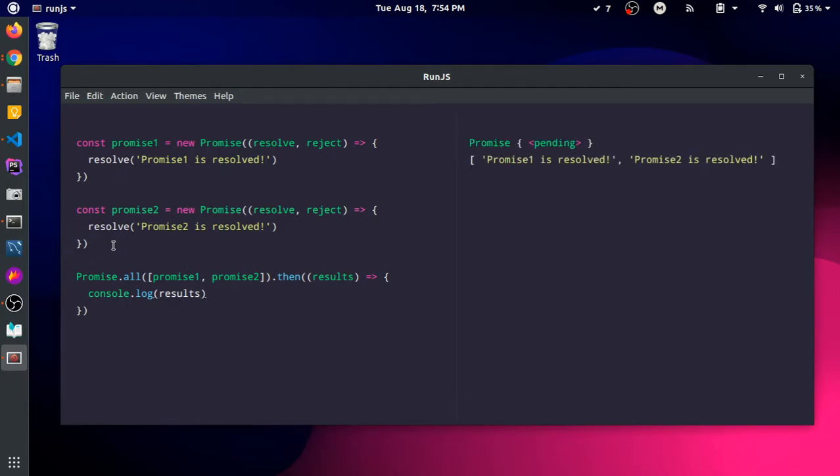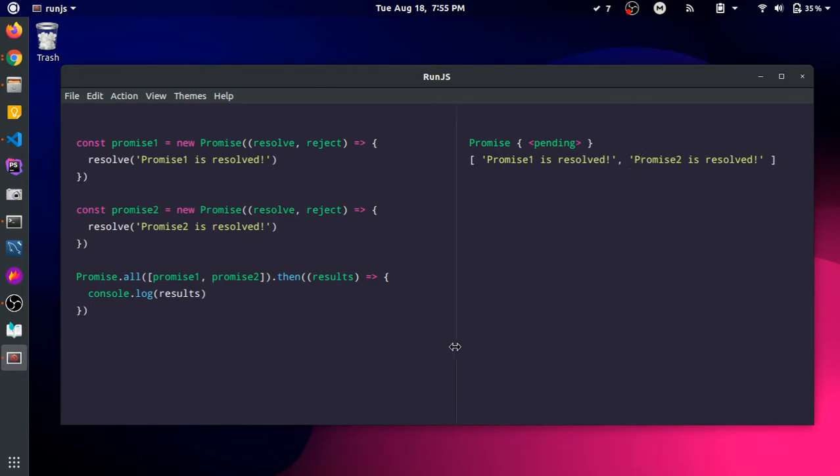So as you can see, as both of these promises have been resolving, we have got two results over here. As you can see, it is an array, and there are two results, that is promise1 is resolved and promise2 is resolved, because both of these promises are resolving or fulfilled.